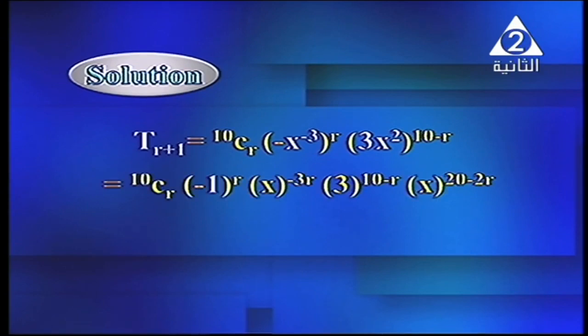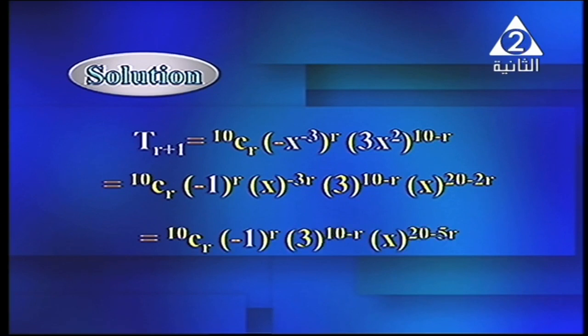Then the answer is 10Cr times (negative 1) to the power r, x to the power negative 3r, multiplied by 3 to the power 10 minus r, multiplied by x to the power 20 minus 2r. The answer is 10Cr (negative 1)^r, 3^(10 minus r), multiplied by x to the power 20 minus